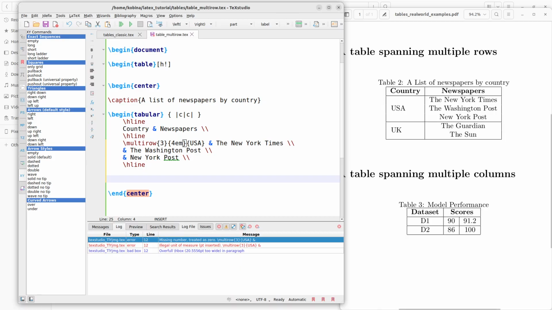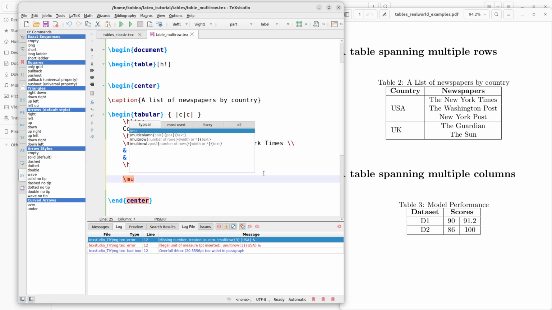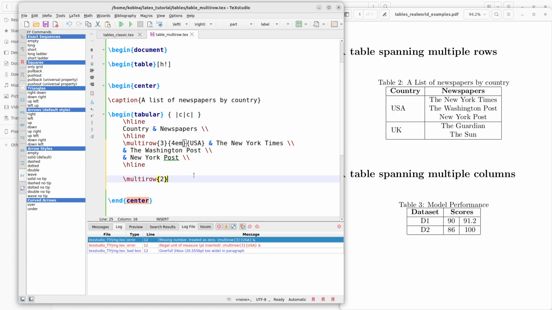All right, so that record will be this way. That record that we have is also a multi-row. So the same pattern that we had is what we will put in here. So here it becomes /multi-row, and here it is spanning two rows, Guardian and the Sun, and so it's 2. And then the column width, we will use the same for EM, and then here it becomes UK. Then end,